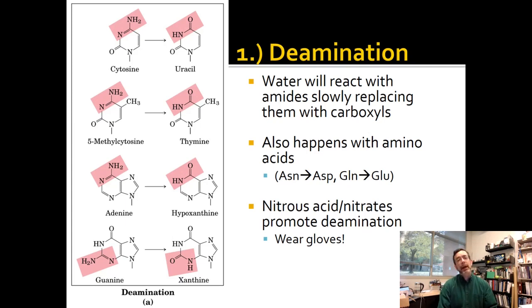And so if you look at cytosine, cytosine has an NH2. If that changes to a C double bond O, it becomes uracil. Completely different signal being sent because you've changed the hydrogen bonding pattern. Now if you have methylcytosine, that gets deaminated to thymine. But look at this, there's some